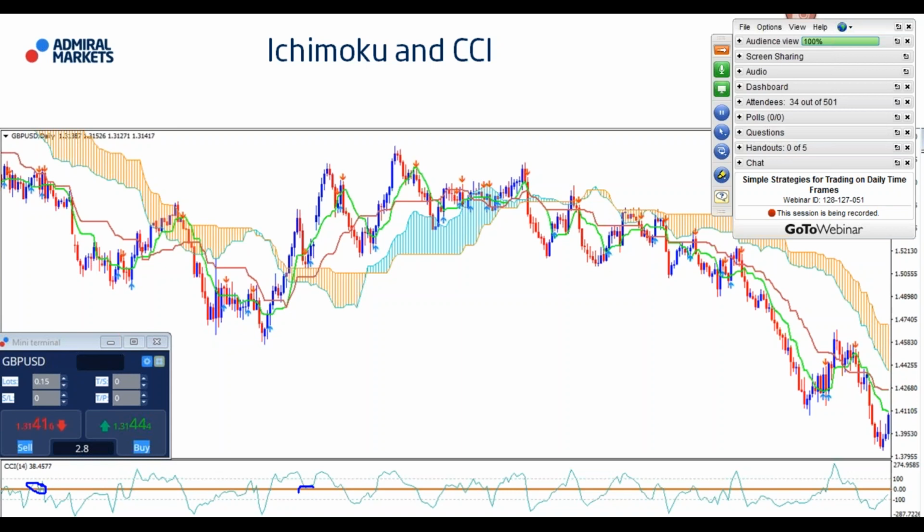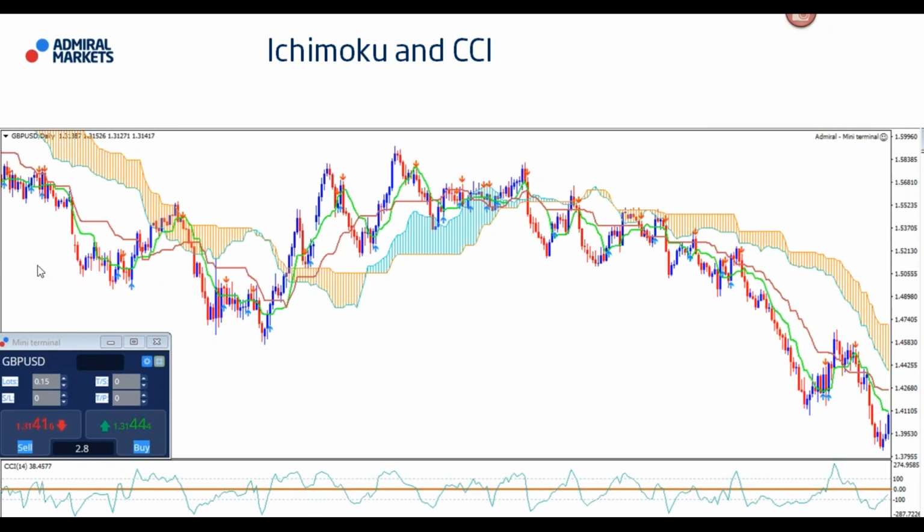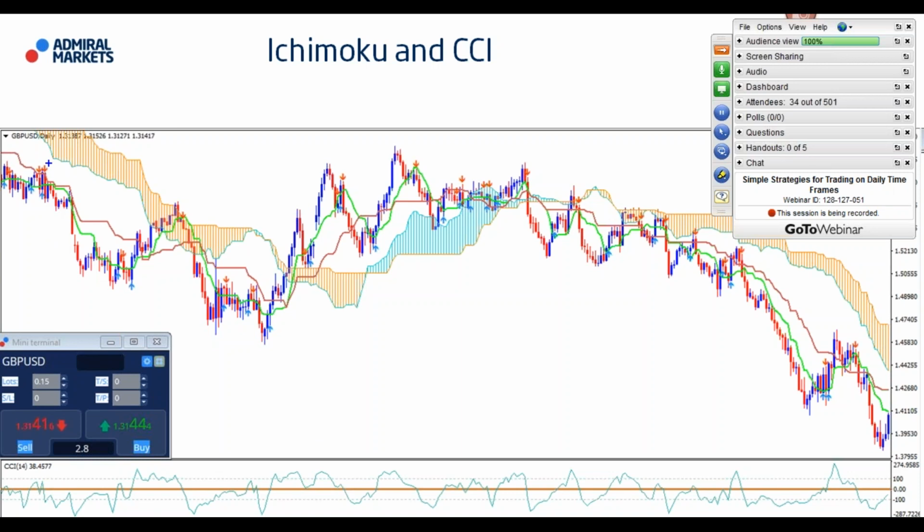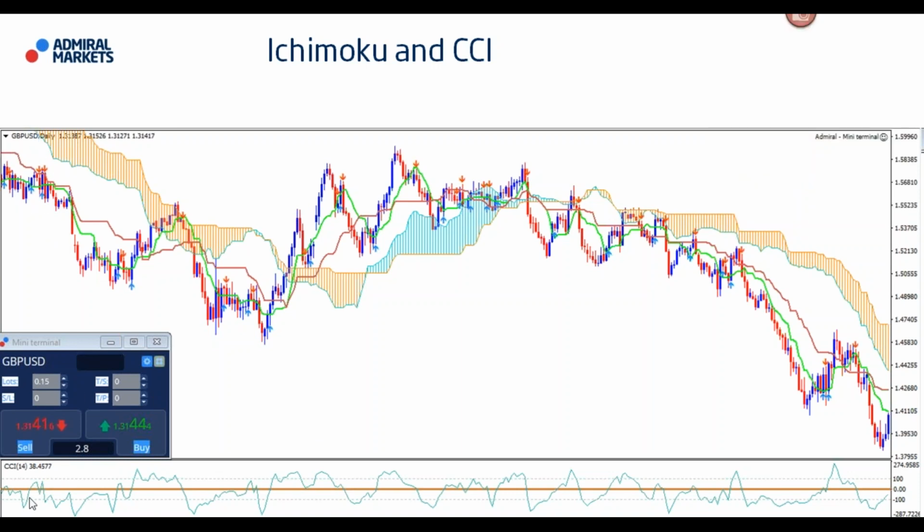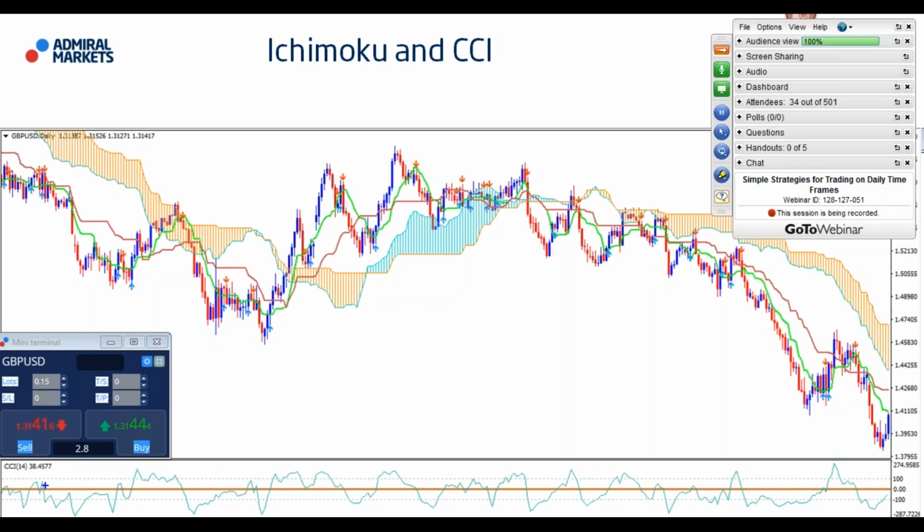An uptrend back down to the zero line or below it. And we're looking for the CCI to turn. So basically, in this case, here we have a downtrend, right? So we see the CCI pull back and turn around, let's take a look, around here. So that would be the entry for this continuation.